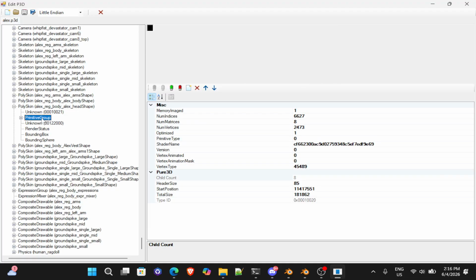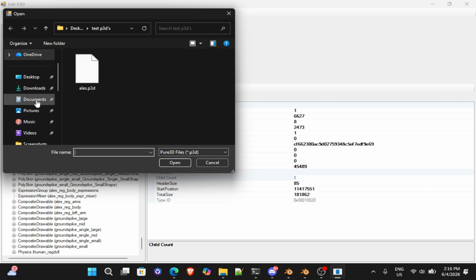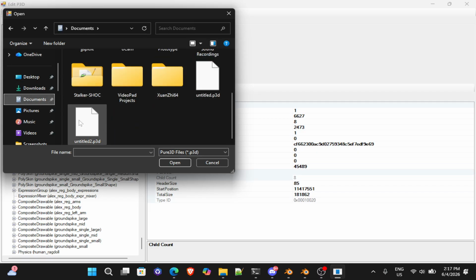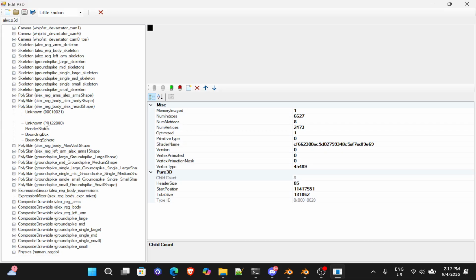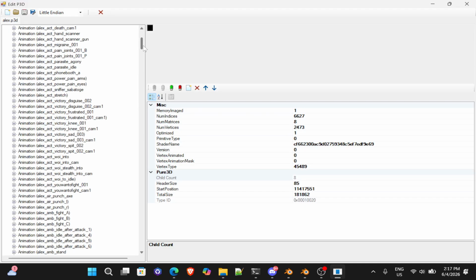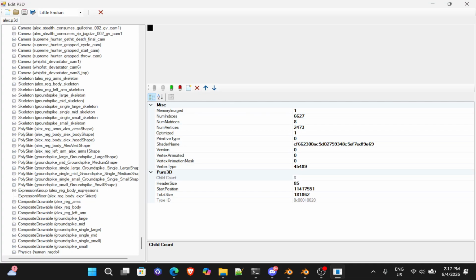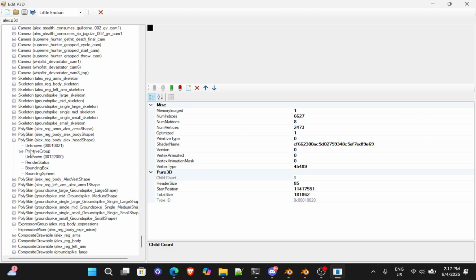You want to go to primitive group. You want to click replace P3D node, and you want to go to the P3D that you exported. Click it and then open, and then it'll work. It's going to replace the thing. After that's finished, you want to go down to Alex head shape right here, primitive group, and then you paste